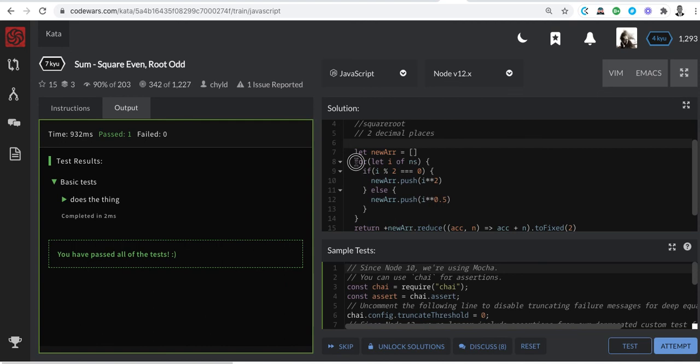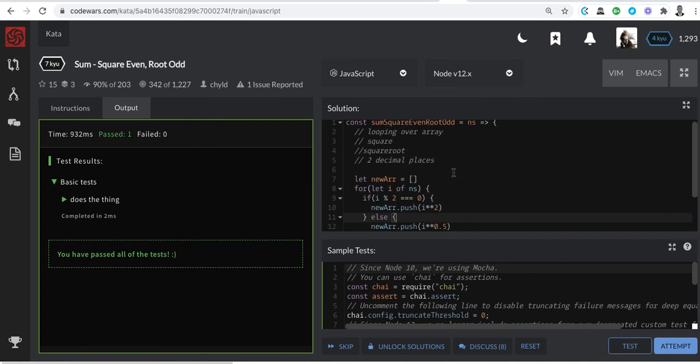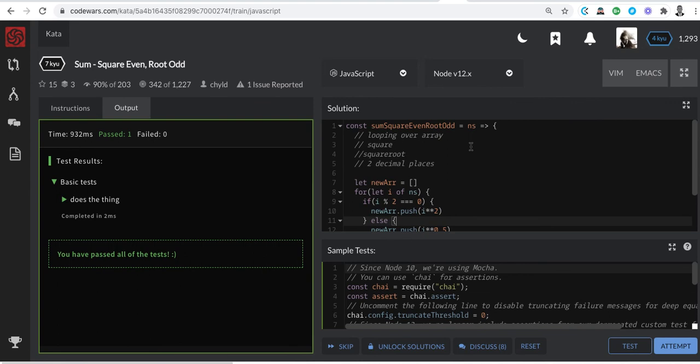So we loop the array, and if it's even we push the square, if it's odd we push the square root, and then we sum everything in our new array. The sum operation is this, and then we fix it to 2 decimal places. It returns it in the form of a string, and then we convert to a number with the plus. Basically that's it. And any updates in the comment section. Thanks for watching, and see you on another